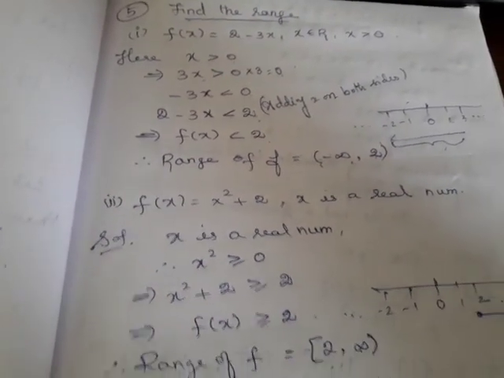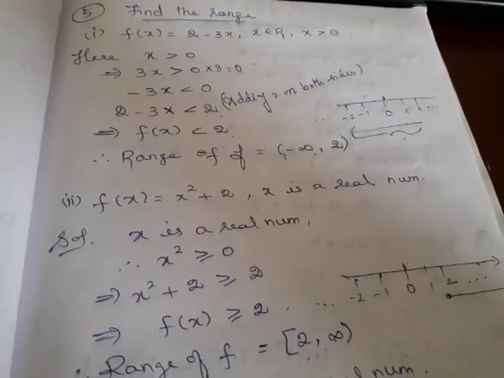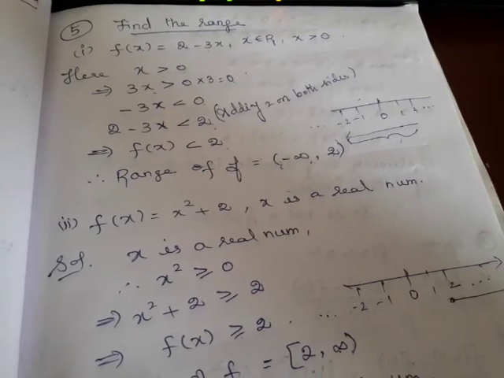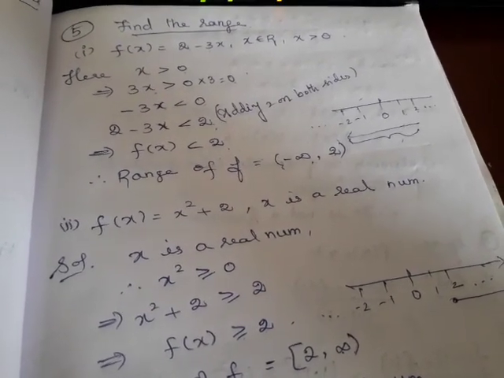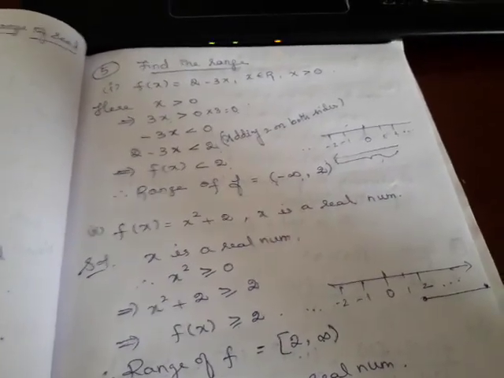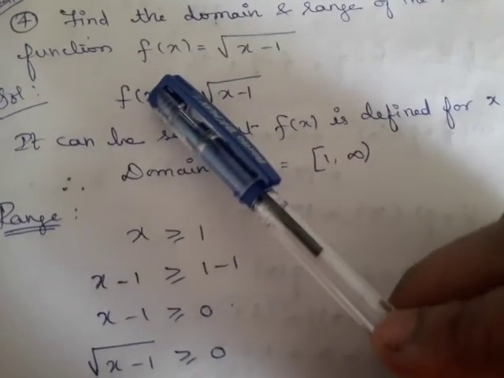So these are all the things we have learnt in this chapter. At last we started solving the miscellaneous exercise. In that we completed till question number 4, I believe. So let us continue with the miscellaneous exercise in today's class. Now let us see how we can solve the fourth problem. We completed till the third problem, right?